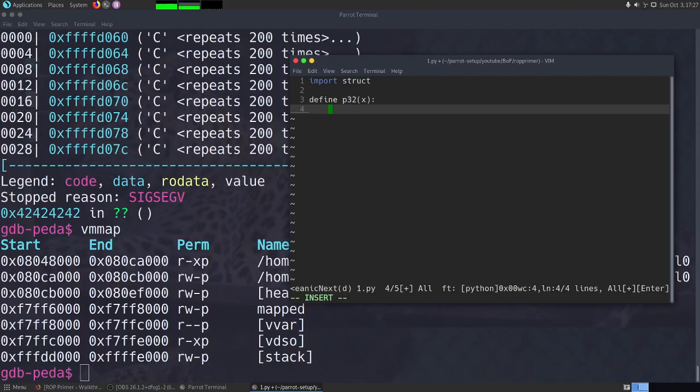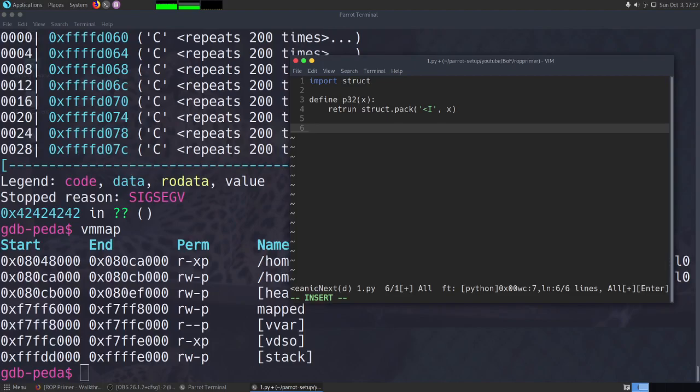So return struct.pack, and we used less than capital I, if you remember, and then x is what we want to convert. So this is our function to convert any memory address to little endian address format.